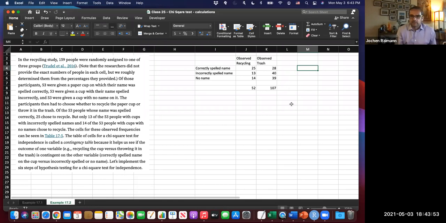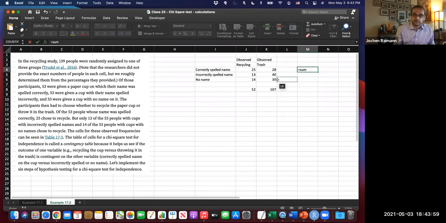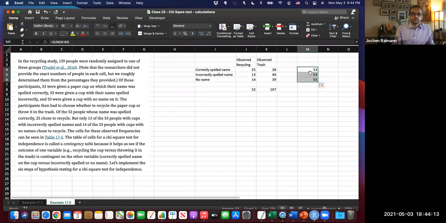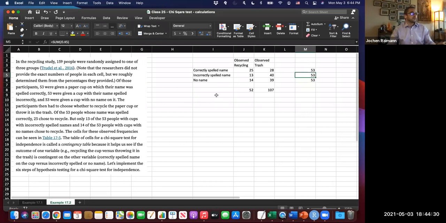Okay, so I'm having here an arithmetic problem, but thanks for contributing your thoughts, Alice. That's great. So we have here the sum. Okay, this is for the 53. I tend to not trust myself, so I thought I had a transfer error, but it's not a transfer error. So we have 53 here. Okay, so my past me did the right thing. So we have 53 in each group. We have 53 that have the name spelled correctly, 53 that have it incorrectly spelled, and 53 have no name on their cup. Good. What are we going to do next?